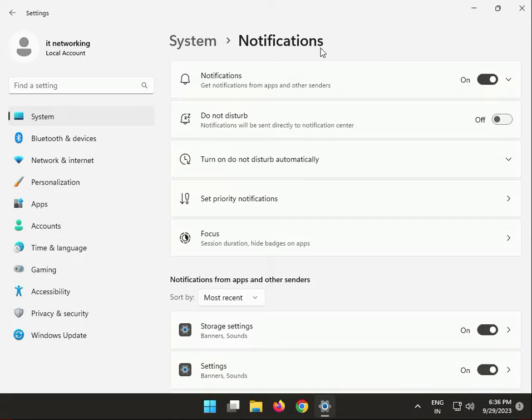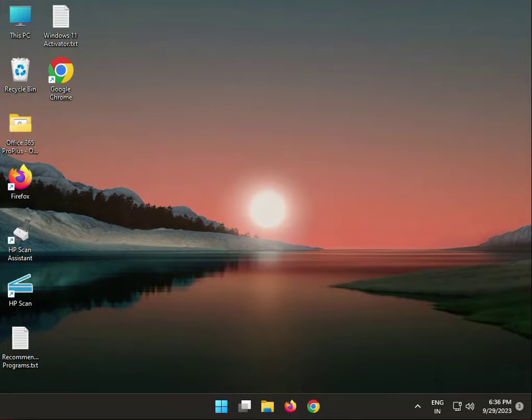Please check on notifications, getting notifications from apps. So if it is off, first turn it on in your system. Okay. Second solution,